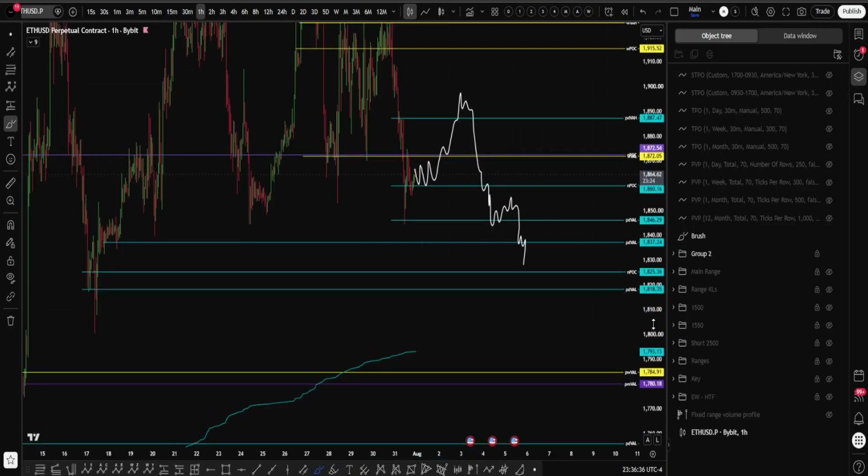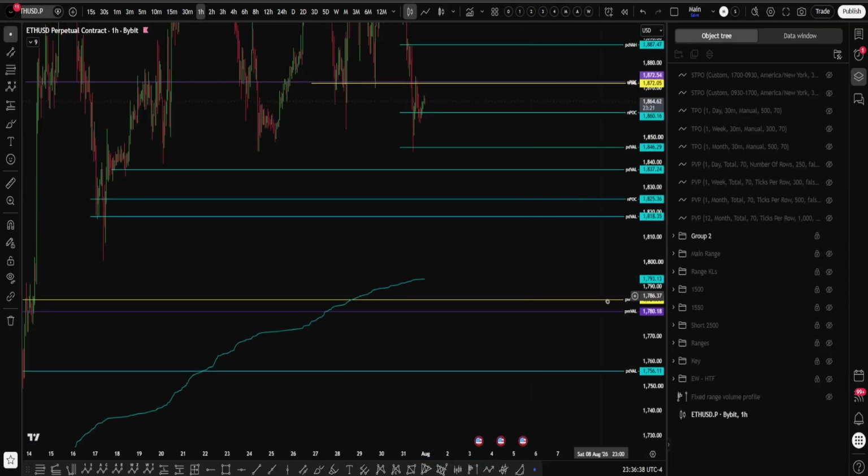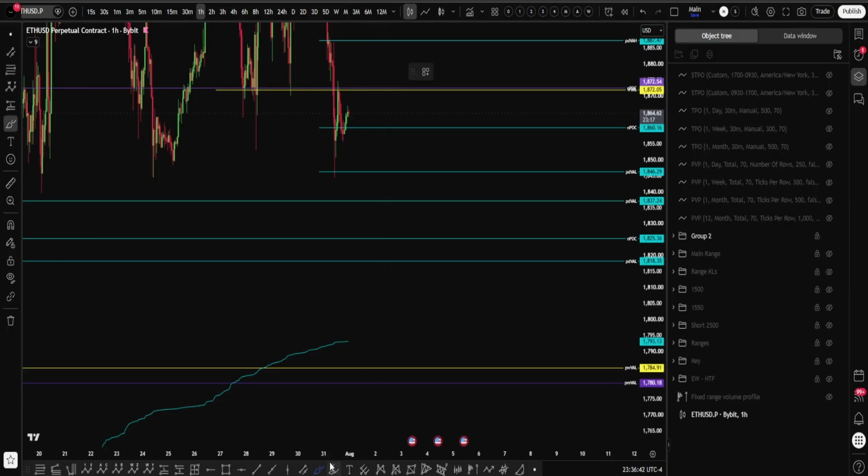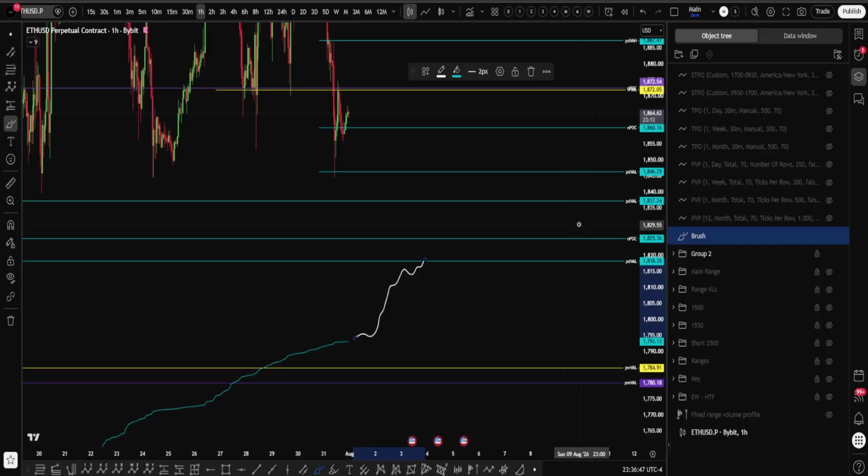Is it when you're looking at the balance thing that you're saying? Yeah, yeah. So the ideal scenario here is if the anchor VWAP from the low is able to push up into these key levels here, then